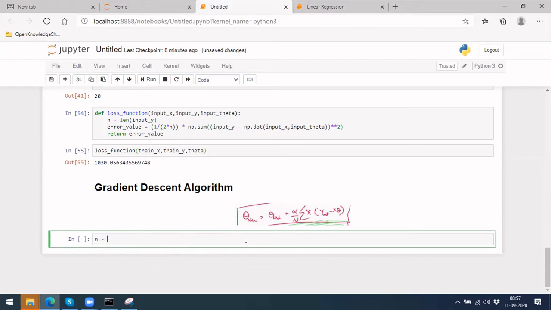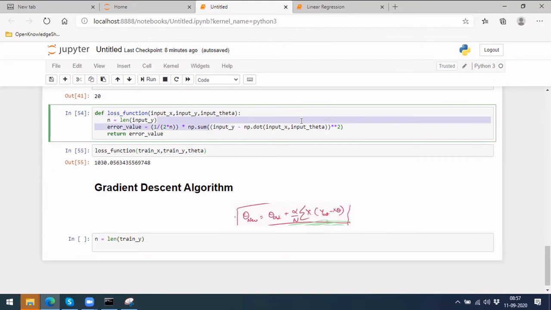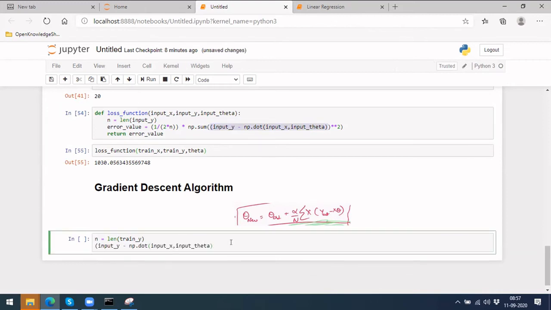So n, again we know, is the length of train y. And the next part is y actual minus y xt, right? The same thing we already have done here, so this part we can take from here. It's not squaring, there is no squaring here, just this part.